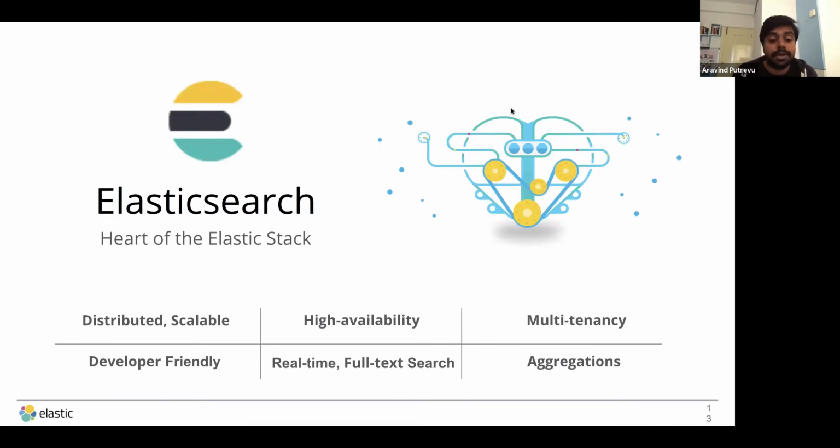It also helps you to do multi-tenancy. It's very developer friendly because everything is an API here. You have YAML as a configuration language across the board. That means with any of these products, you can write a YAML file and start configuring things. So you would find under the config folder of each of these projects, be it Elasticsearch, Kibana, Beats, or Logstash, YAML is the configuration file. At the same time,